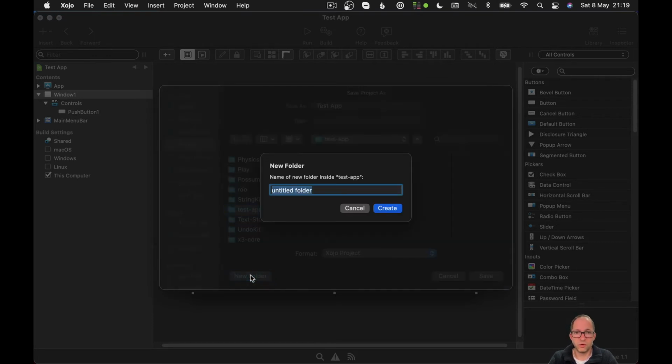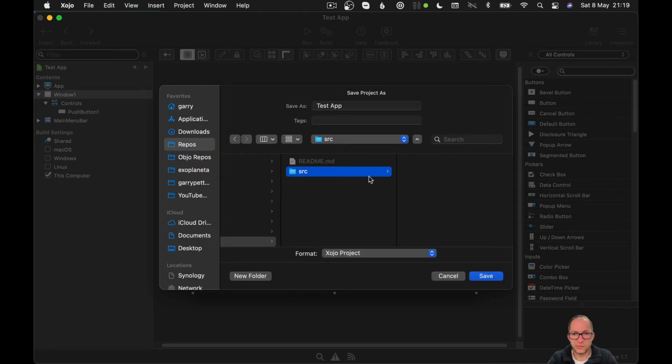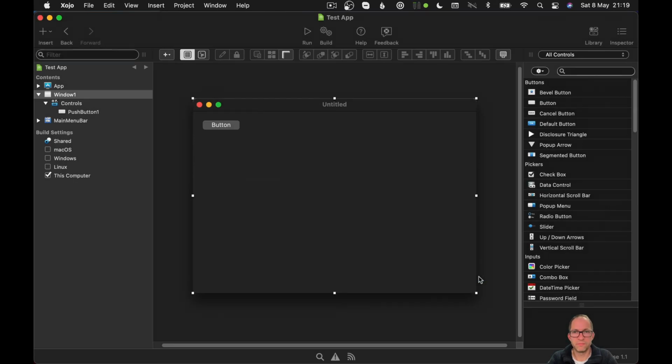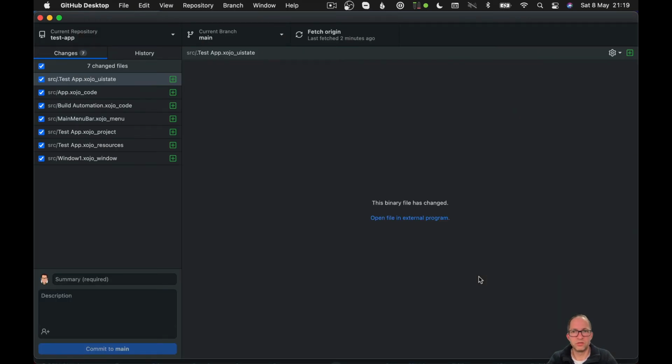So I'm going to create a new folder, call it source, and I'm going to save the project in there. So click save. Okay, done. Just going to get rid of Xojo and go back to GitHub Desktop. Now we can see some things have changed. There are 7 new files that have been created by Xojo